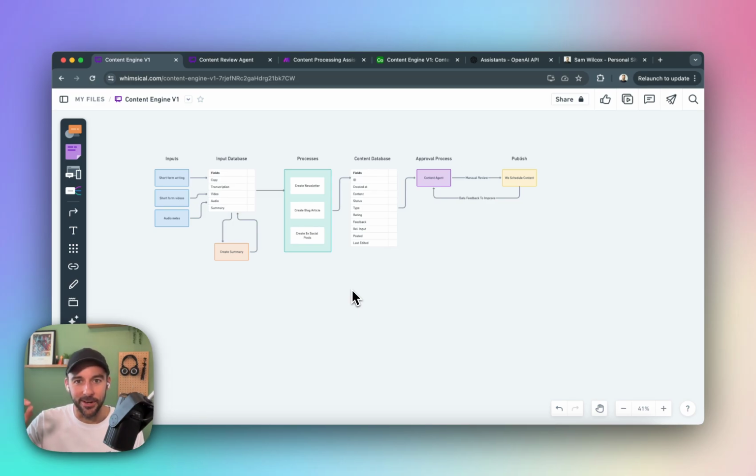What that person is going to do is review the content that the system outputs in the end. They're going to rank it, they're going to provide feedback, and then if we decide that we publish a piece of content because it is good enough, it passes our threshold, once we've published a piece of content,